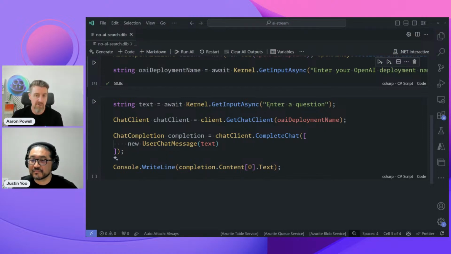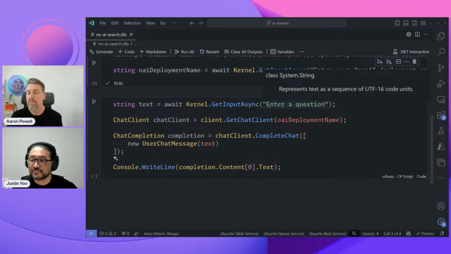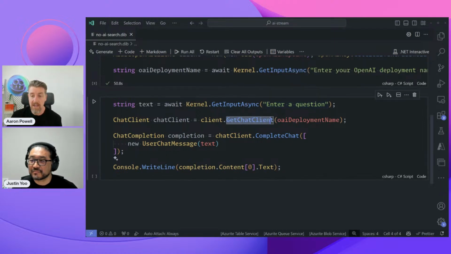So I'm going to ask it a question around, tell me about London. We're then going to create a chat client using that OpenAI deployment that I've provided, so the GPT-3.5 model. And then I'm going to ask the chat client to complete that chat, and I'm just giving it a user